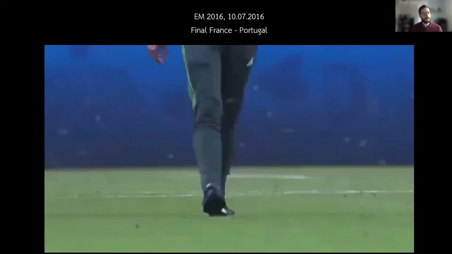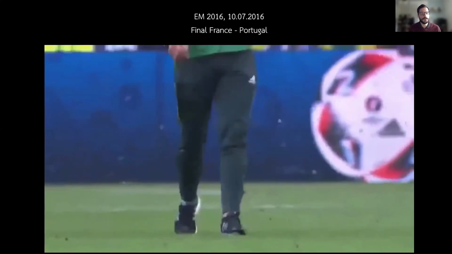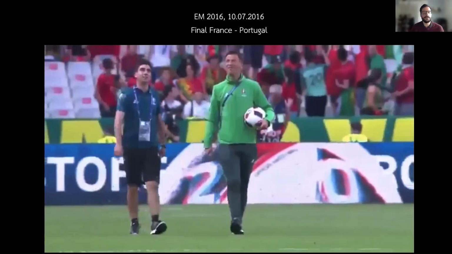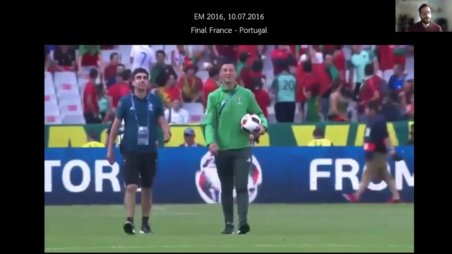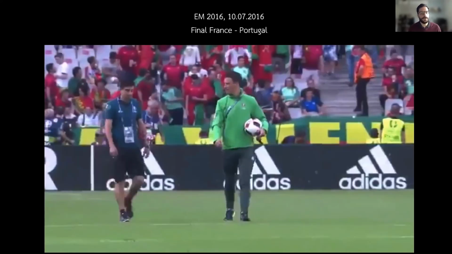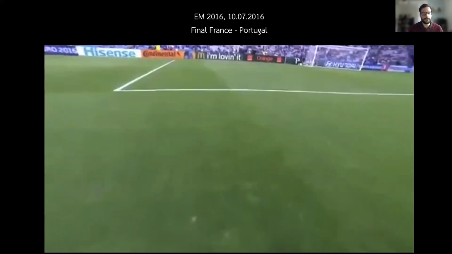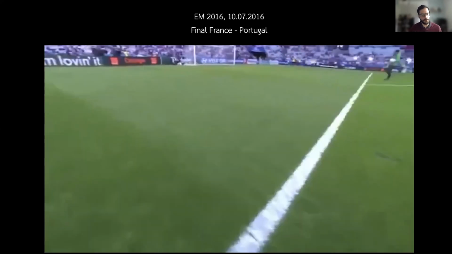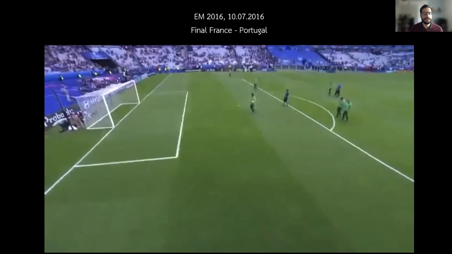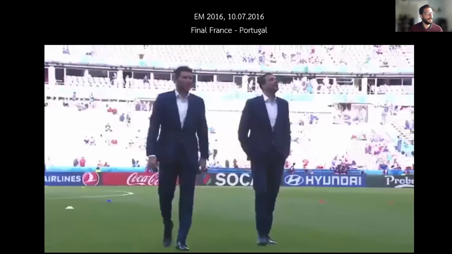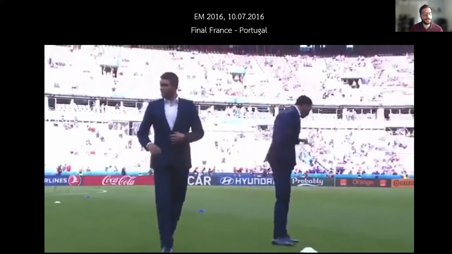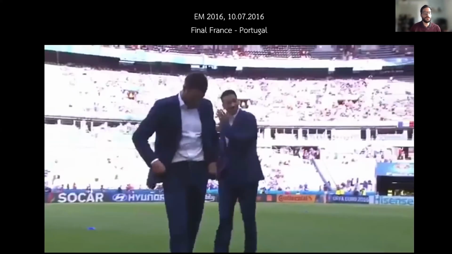And in the final between France and Portugal, there was something happening which was not happening at any other game of the European Championships at that time. There were a lot of animals on the field, and the players had a lot of problems with these animals, with the flying animals, they said. And just to give you a short hint here, you can see it. Like I said before, this was only the case for the final.